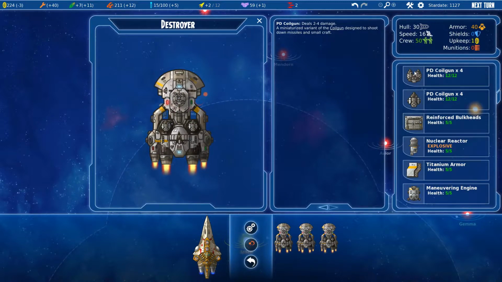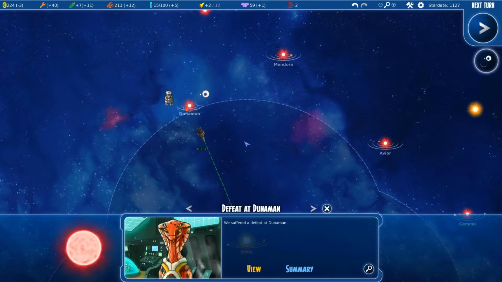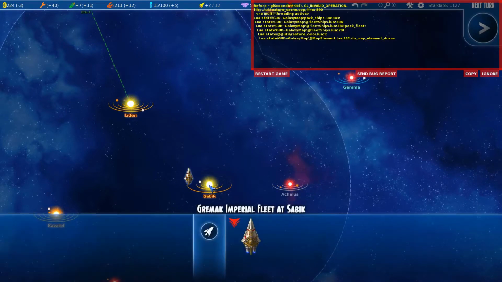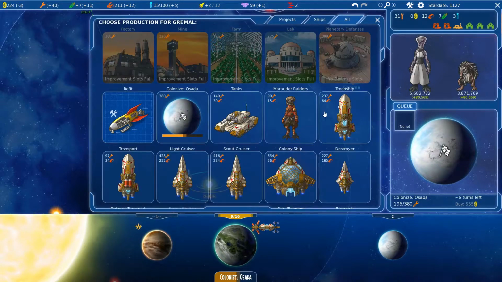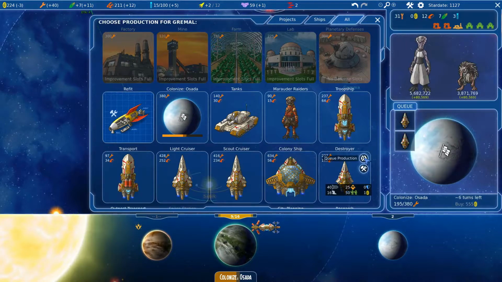These are their only weapons, it seems. 2 to 4 damage. So I'll probably have to build 2 or 3 destroyers to do anything. We suffered defeat. Yeah. Oh, okay, so we're leaving. That's fine. We haven't lost the ship though. So we do have 1 destroyer. And I'd like to show you how battles are going. So what I'd like to do is build 2 more destroyers,